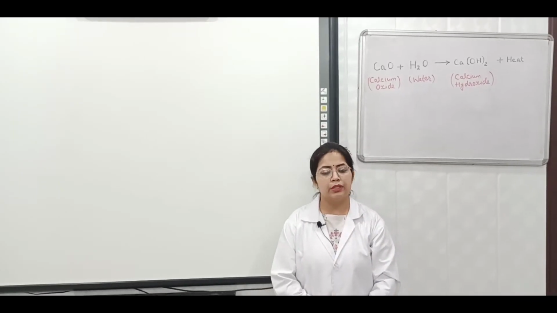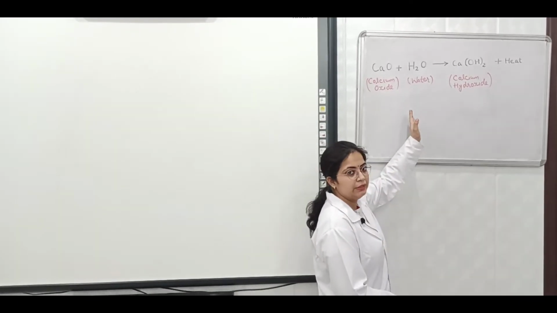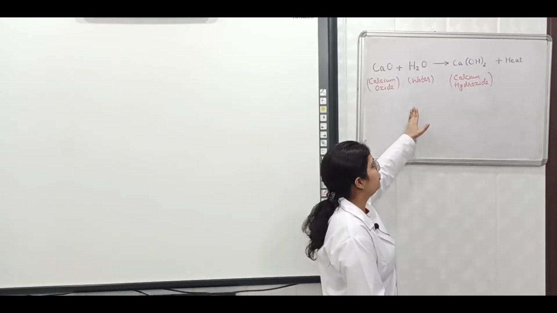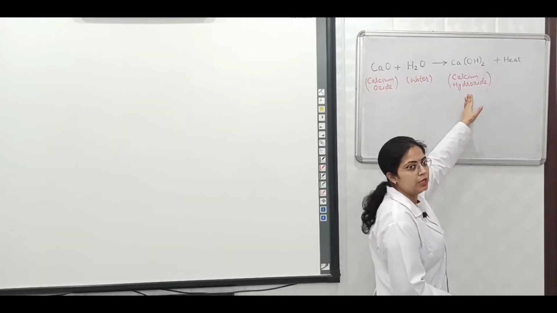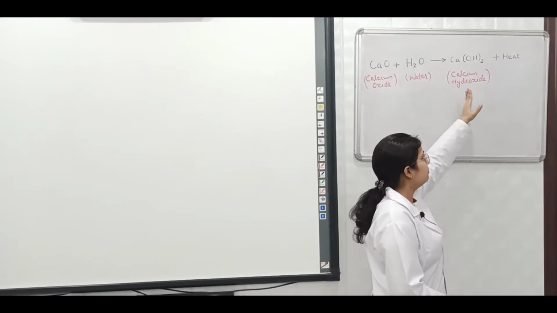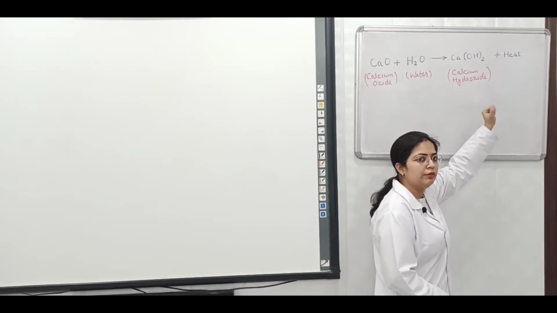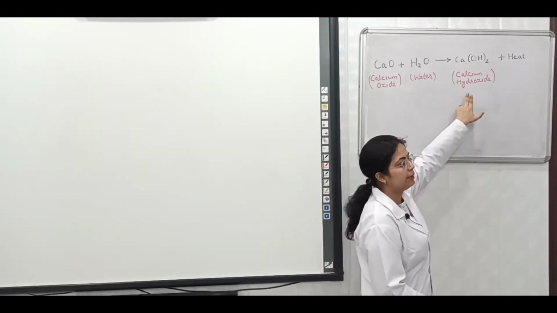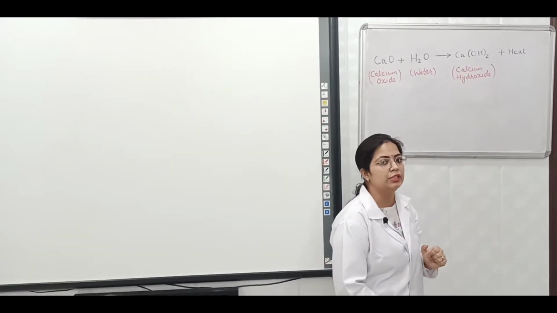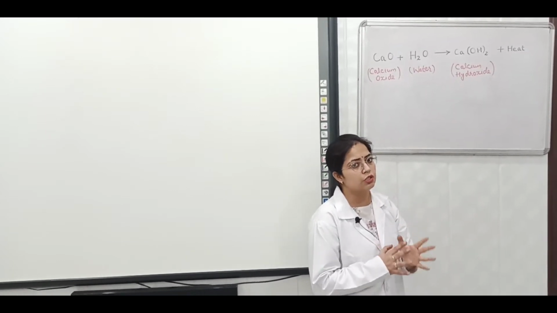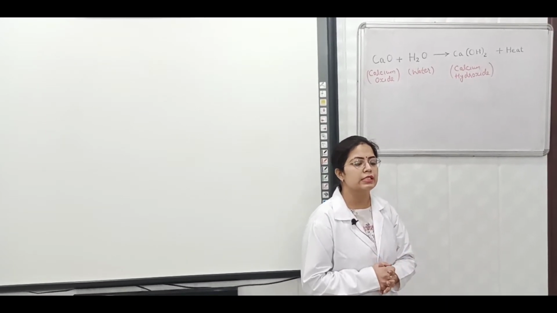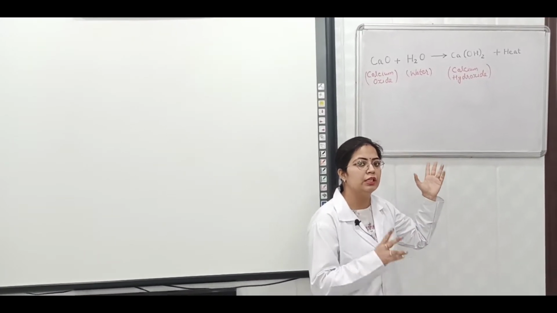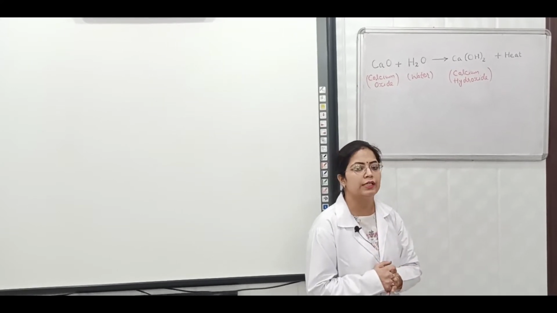Now let's discuss some theory related to this topic. In this activity, we are mixing calcium oxide and water, and it will result in the formation of one product, that is calcium hydroxide. In this reaction heat is also evolved. Because there are two reactants and only one product, it is known as a combination reaction. Since heat is evolving, it is also known as an exothermic reaction. It means we can name this reaction in two forms: combination reaction and exothermic reaction.